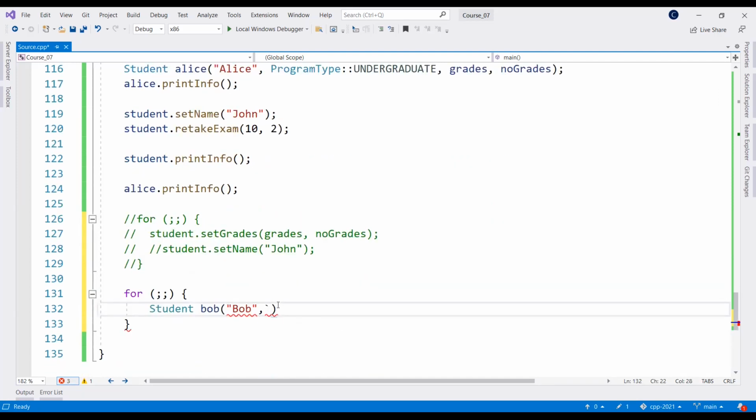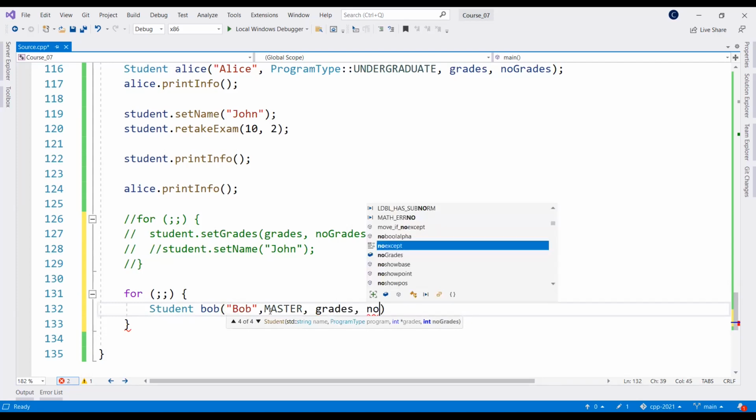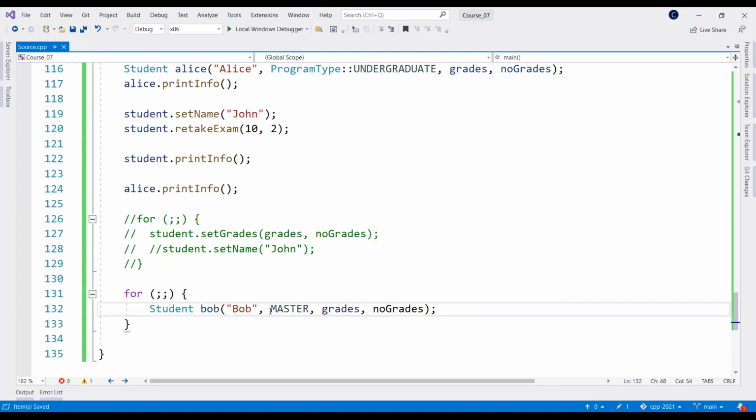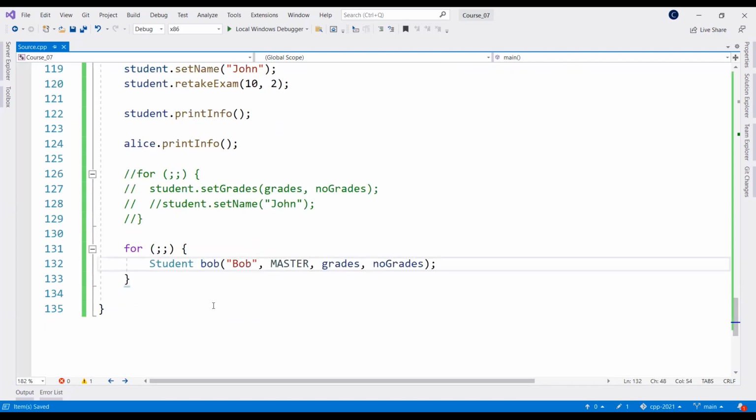Let's see, the program type. So let's say Bob is a master program, and Bob has the same grades and number of grades. Okay, so right now we're creating infinite times Bob, and because this is a local variable to the for loop,